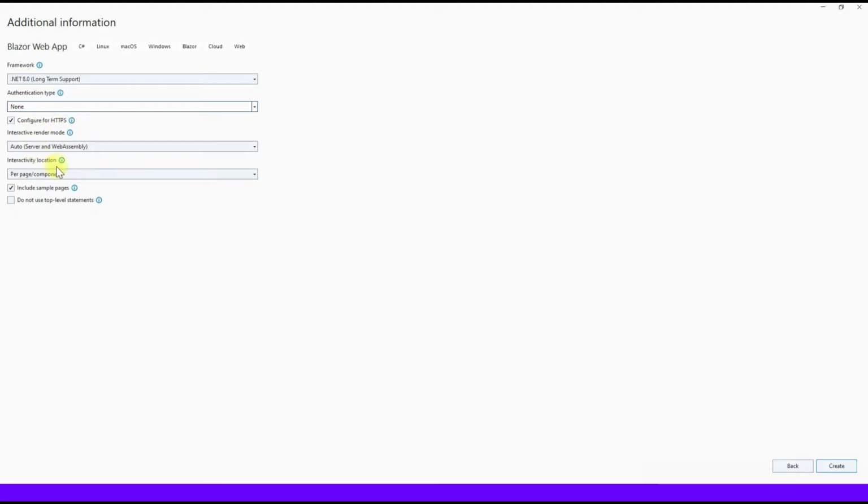What are these interactive modes? Here there are four interactive modes that have been added, meaning server-side static rendering, server-side rendering, WebAssembly rendering, and Auto. So it supports both server and WebAssembly. For our demo, we need both server and client side. If I choose the server template, then I have to create one more project for the WebAssembly. So in order to demo both server side and WebAssembly, I am going to choose this Auto render mode and